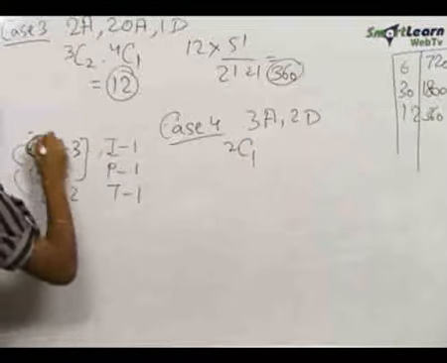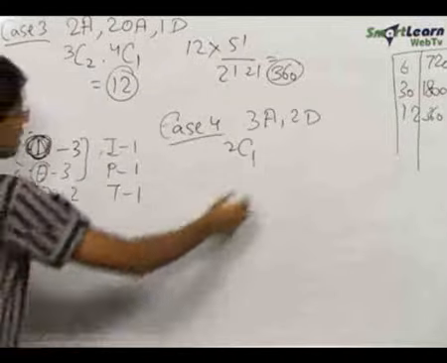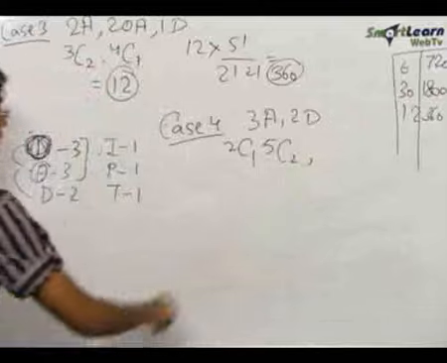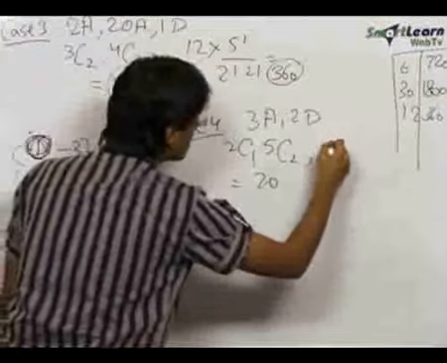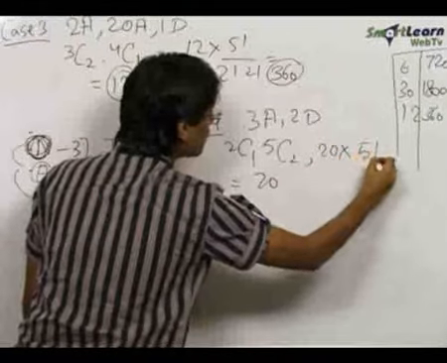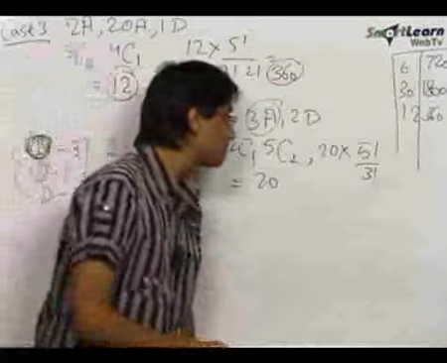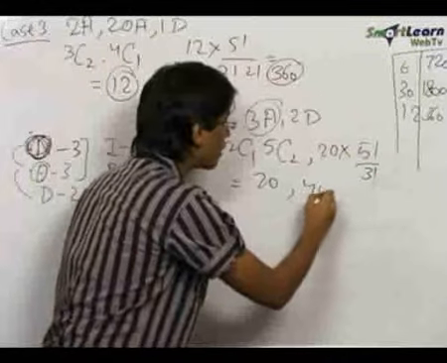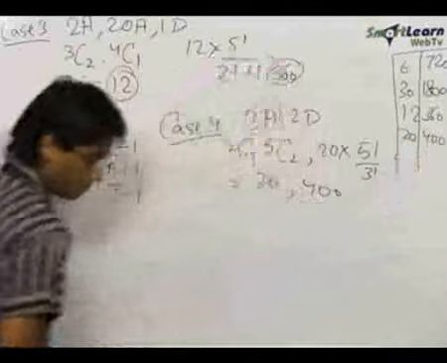Let's say we selected N. So the alphabets which remain are E, D, I, P and T, that is 5 alphabets. Out of these 5 alphabets, we need to select 2. So this is 5C2. This is 10 into 2, 20. And the total number of ways of making words are 20 into 5 factorial upon 3 factorial. Since there are 3 alphabets same, this 5 factorial is 120 divided by 6 is 20. 20 into 20 is 400. Hence the next set is 20 and 400.